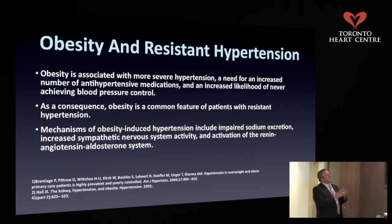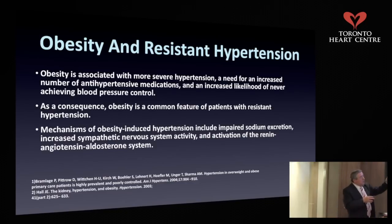Next, obesity. I mean, it's obviously a very difficult issue, but it's clear that if patients are obese, that is going to cause a number of problems that will make it more difficult to control their hypertension. And so obese patients have impaired sodium excretion, they have increased sympathetic nervous system activity, and there is a renin-angiotensin-aldosterone system